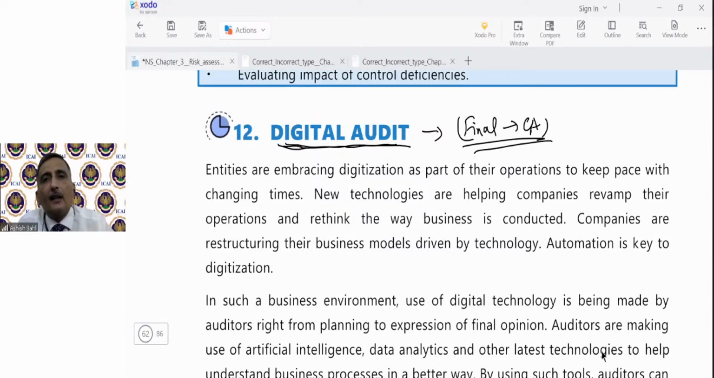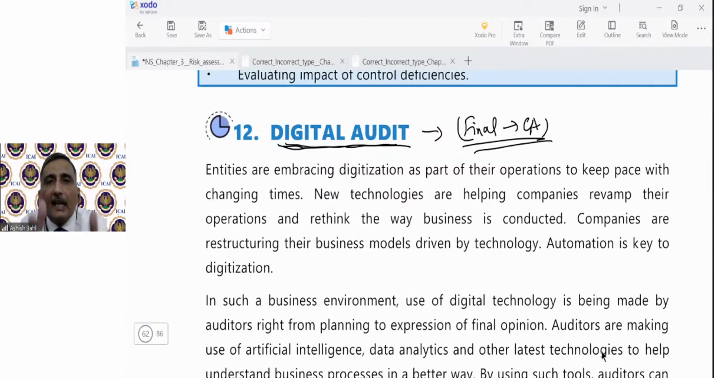In digital audit, students, it is an emerging field. First you have to understand that it is an emerging field. So the auditor plans the audit also using IT tools. Risk assessment he also carries out using IT tools. Obtaining of audit evidence and its evaluation and final expression of audit opinion are all done digitally with the least amount of manual intervention,